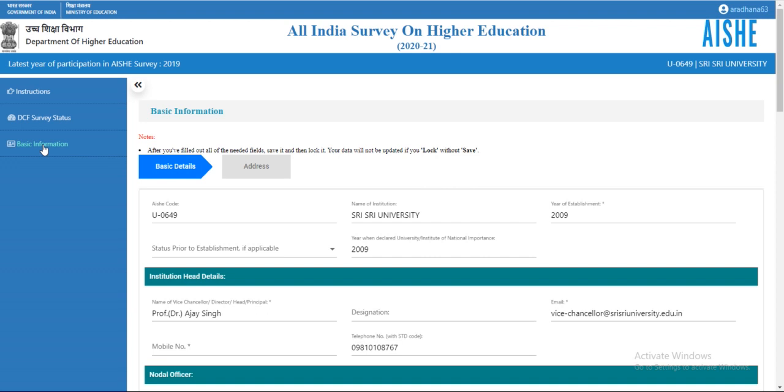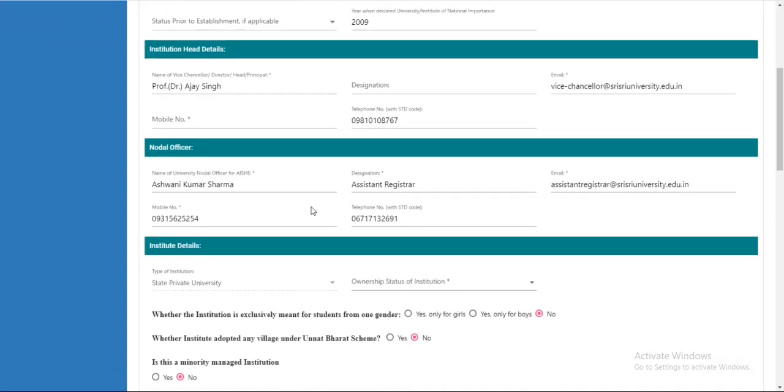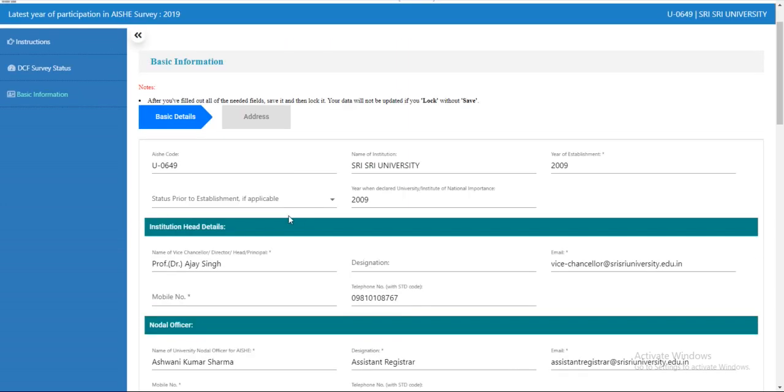For university users, there are certain fields which are extra in this basic information.